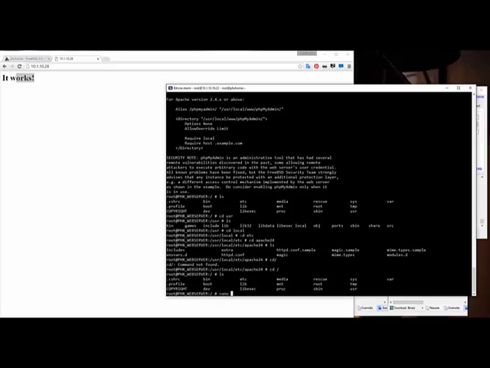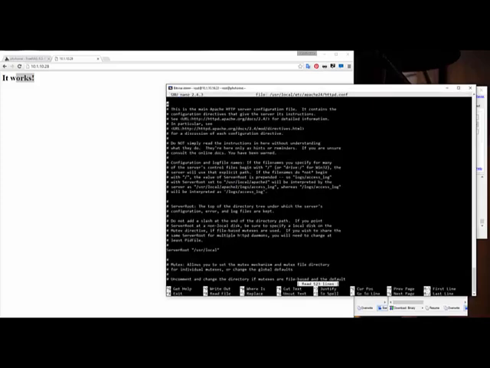I could say nano and say /usr/local/etc/apache24/httpd.conf. And if you know where your files are on your server, you can get directly to those files from anywhere, right? So there's some things that I need to add to my